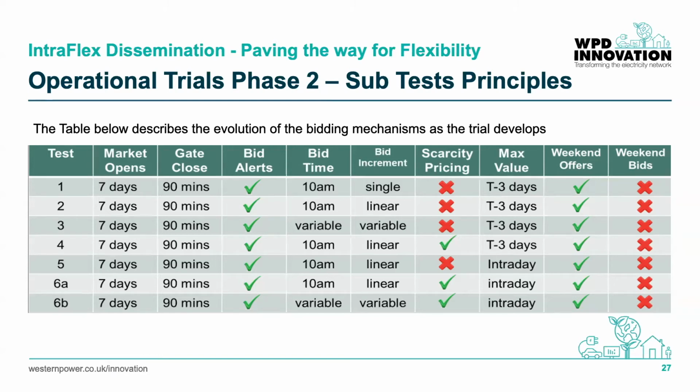During the 2 final tests, it did not reach maximum price until the morning of delivery, which is a reference to the whole point of the project name being Intraflex, as it was the intraday bidding. This would act as a major factor in levelling the playing field for the smaller aggregated asset providers. We also carried over the scarcity pricing principle for further testing from the season 1 results. It should be noted, however, that with the new market design, it was significantly less important, as there was a very high response rate across the board on the bids that we put up, and offers for the vast majority